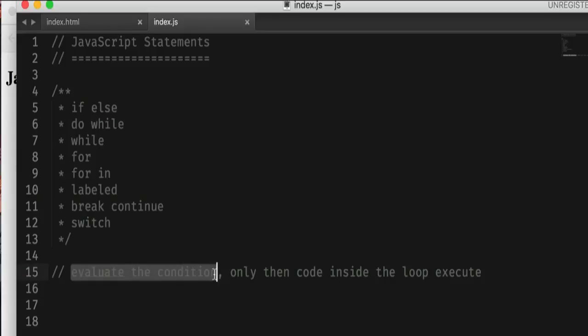Okay, it first evaluates the condition, only then the code inside the loop executes, and it will execute again and again and again as long as the condition is true. So let's do it in action. Let's create a variable num equals to 0, okay, and then